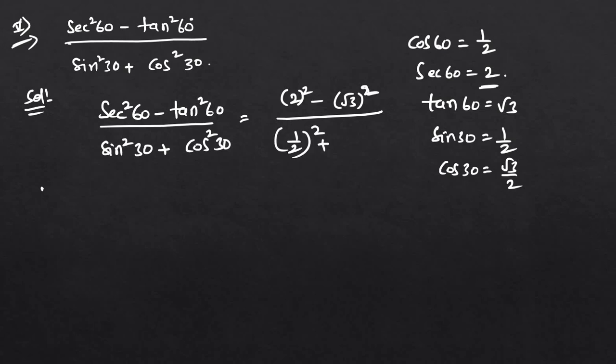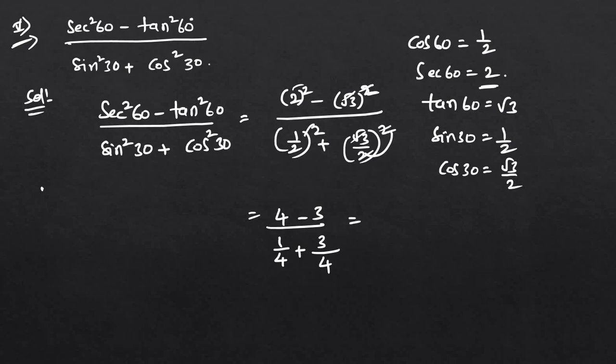So cos 30 is equal to how much? Root 3 by 2 whole square will come here. So 2 square is equal to how much? 4 will come here, minus, square root will get cancelled, divided by 3 will come here, minus 3, and what will be there? So this is 1 by 2 whole square now, so 1 by 4 will come here plus, and square root will get cancelled, 3 by 2 square, 4 will come here.